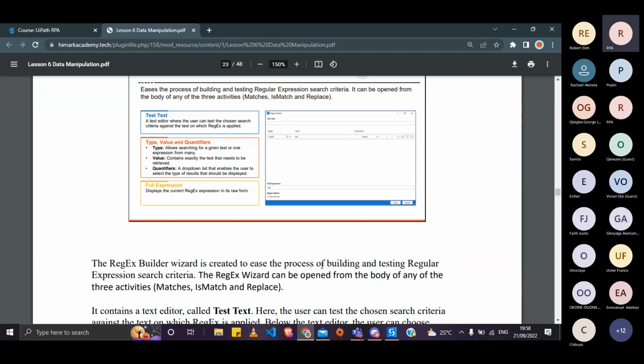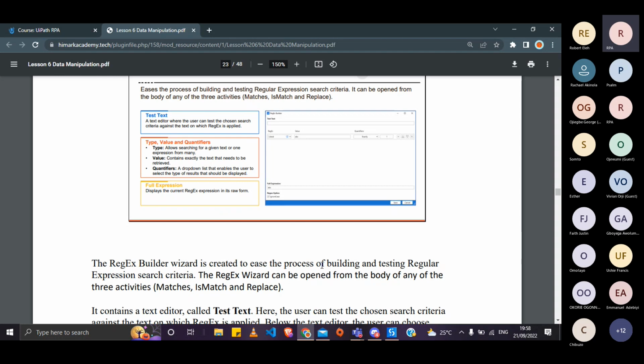We can also use it to test if any of our regular expressions would work as expected on that piece of text. Where we have created expressions by ourselves and want to see if they would actually work as planned, we can use